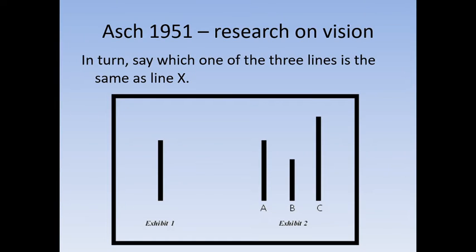Okay, so here's what Asch did. He said to his participants, "You're going to take part in some research on vision. I would just like you to say which one of these 3 lines is the same as the first line, so Exhibit 1." So in this case, hopefully you can see that Exhibit 1 is the same length as line A. That's meant to be really, really clear with no room for doubt. Even if you wouldn't be exactly sure that it was completely the same length, clearly Exhibit 1 is nowhere near B or C. It's definitely meant to be closest to A. So it's meant to be really, really clear that it's the same.